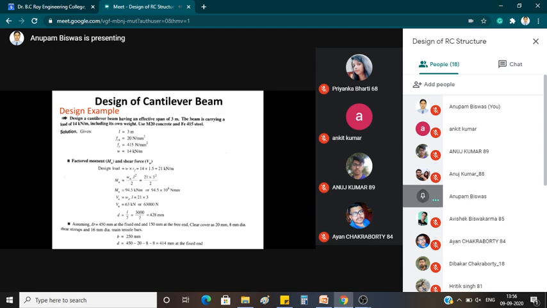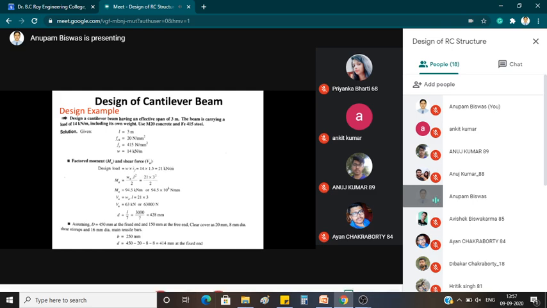So, assuming the overall depth D as 450 mm, and this 450 is the depth at the fixed end, and we know that we are actually varying the depth. So the minimum depth considered at the free end is 150 mm. So considering it,